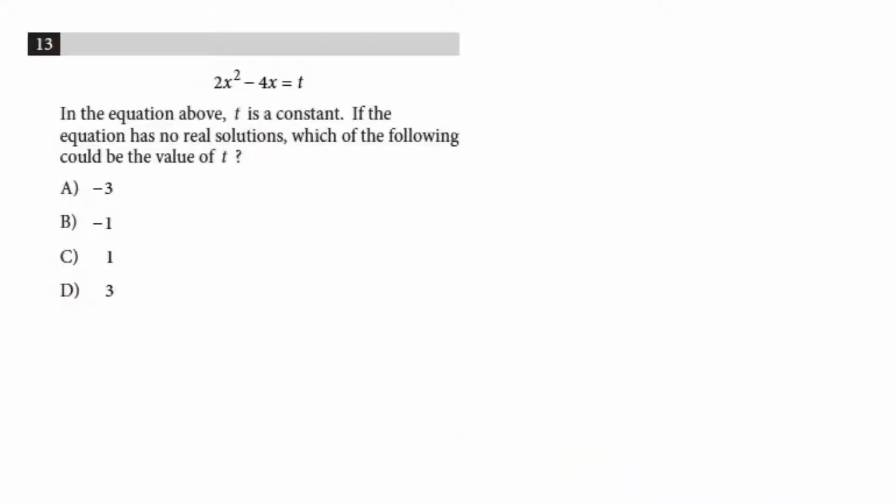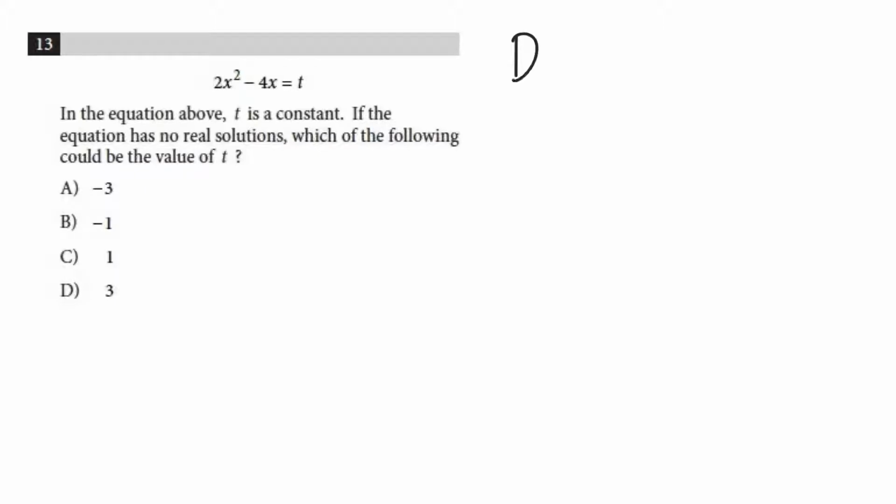Number 13, 2x squared minus 4x equals t. In the equation above, t is a constant. If the equation has no real solutions, which of the following could be the value of t? Okay, so this is a quadratic equation, and to determine how many solutions a quadratic has, we use something called